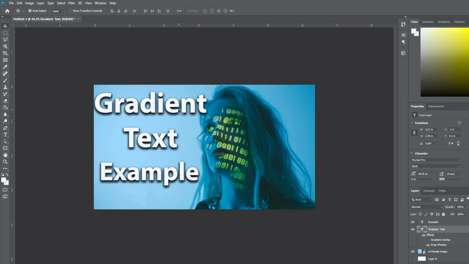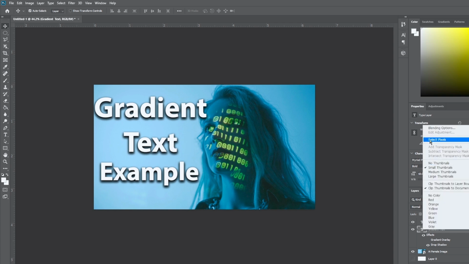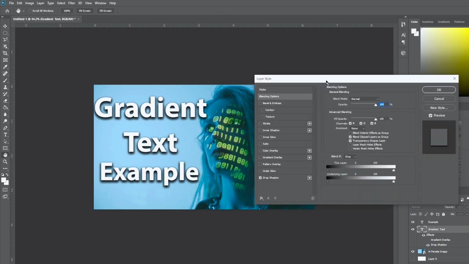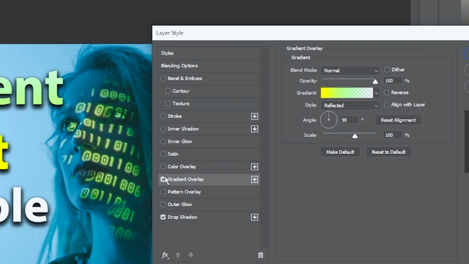Once you have your text loaded on top of your image, the first way to add a gradient is to right-click your text and click Blending Options. Once loaded, you want to scroll down until you see the option Gradient Overlay and click Check, and you have